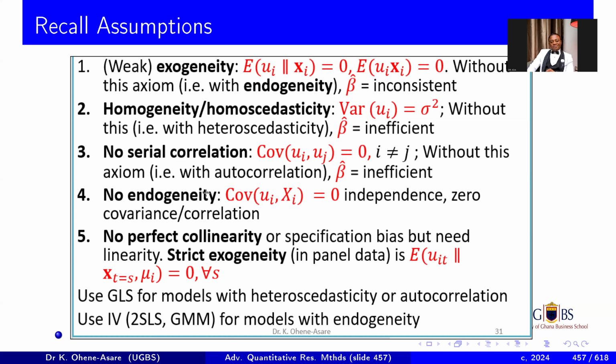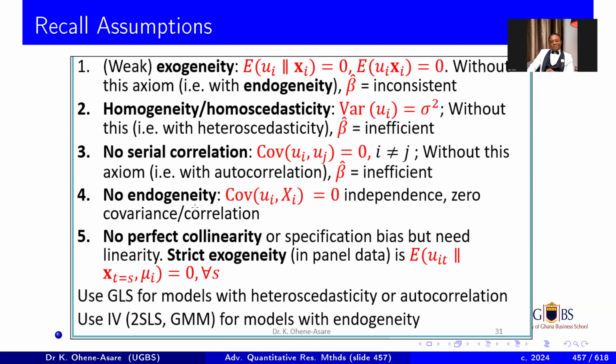When there is heteroscedasticity and autocorrelation, what do you do? You use the GLS, which is a new model, or you use weighted least squares, which is called a feasible GLS. However, you can still go ahead and use the ordinary OLS and still run your work and correct for the